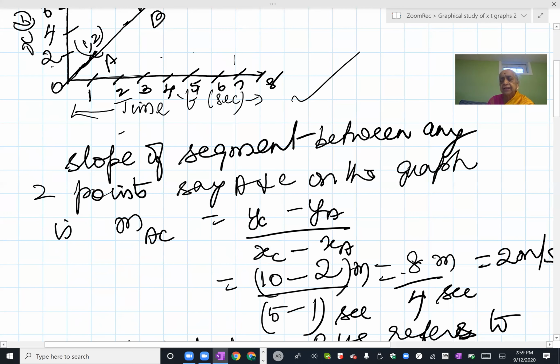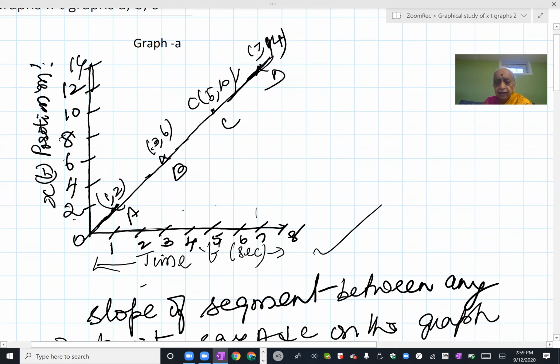If only coordinates are given and no angle or anything, or no protractor measured angle is given here, it is easier enough. What you have to do is, you first fix which are the y coordinates and the x coordinates of any point. Supposing I'm going to take A and C. X coordinate of A is 1, y coordinate of A is 2. For C, x coordinate is say 5 and y coordinate of C is 10. So the numerator will contain, in any slope, the opposite side, as you can see here. If this is the angle, opposite side is this. What is this? It will be the y coordinate difference between 6 and 2. Y coordinate difference of yb minus ya will give me the opposite side.